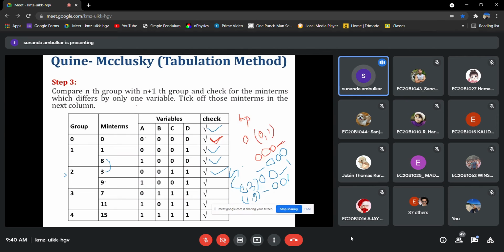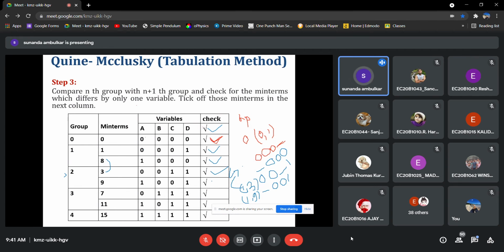In any table, whether it is the first, second, third or fourth, whatever number of times the comparing is possible, the unchecked minterms, the unchecked members of that group, will form the prime implicant.